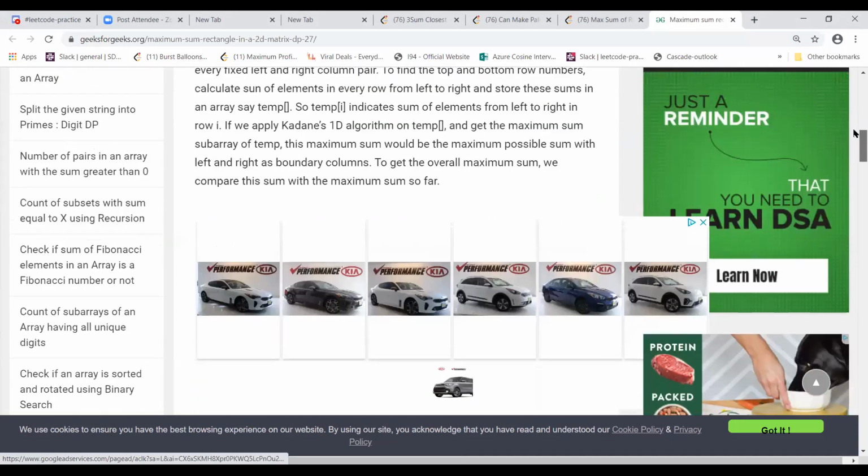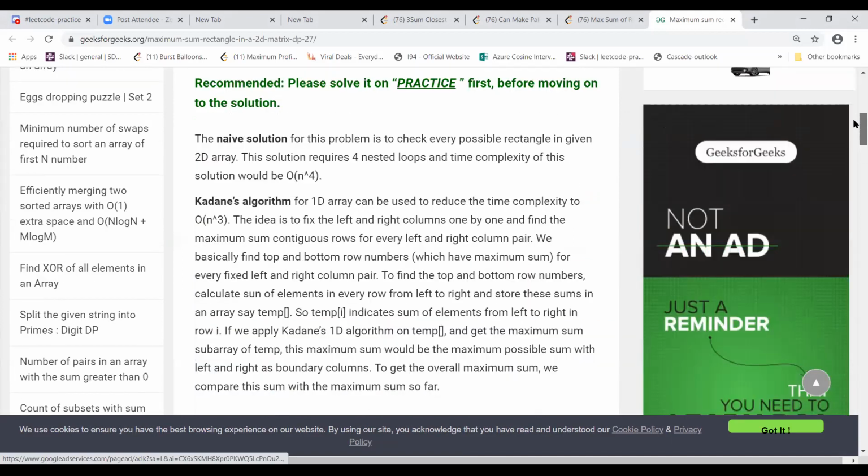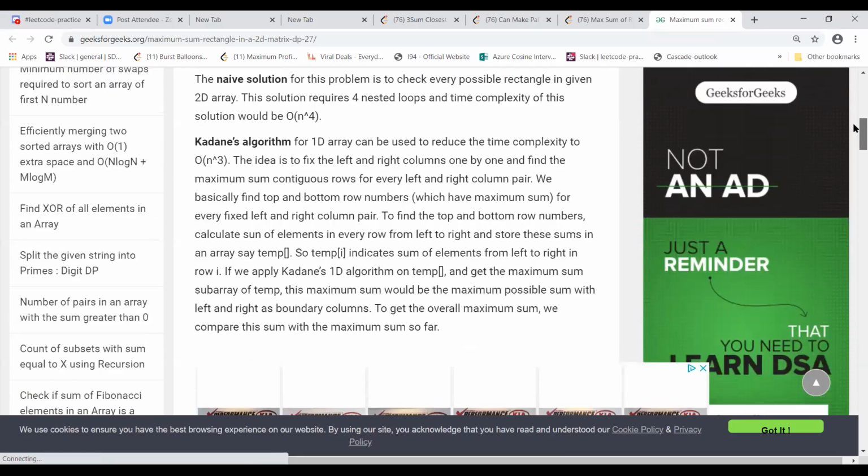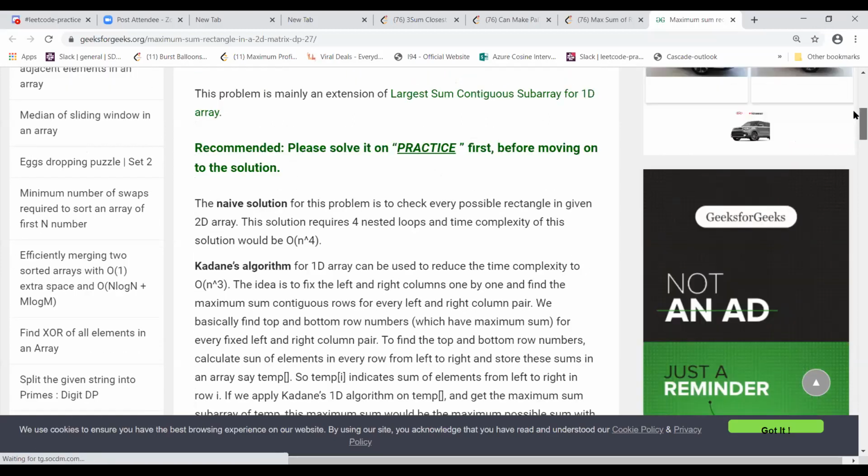The naive solution is what I was trying to say. That is n to the power 4, n r square c square, and they are trying to do it in an n cube way. So they fix one left row or left column, and gradually they reuse the solutions for the previous. If they take either the row or the column, whichever is smaller, here both dimensions are equal, so they just take one.